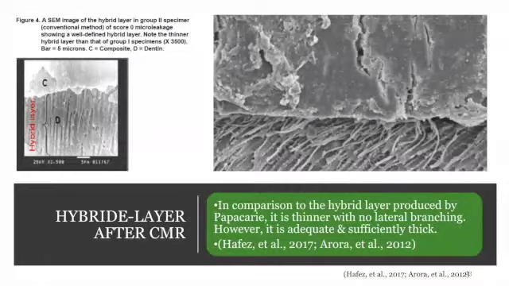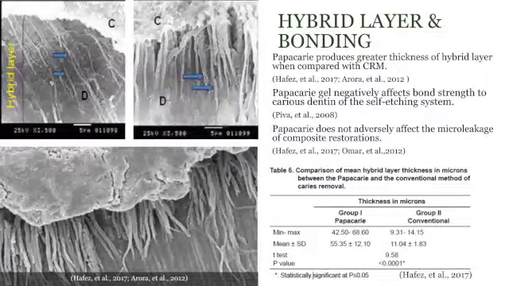In this image we can see the hybrid layer obtained after the conventional rotary method, and though it is adequately thick, the one produced by chemo-mechanical caries removal agents is thicker with lateral branching, and we will see that in the next slide. In this image you can see the network-like structure that has been penetrated with monomers, creating strong lateral branching in many places, long resin tags, and also the dynamics of the line between the filling material and the dentinal